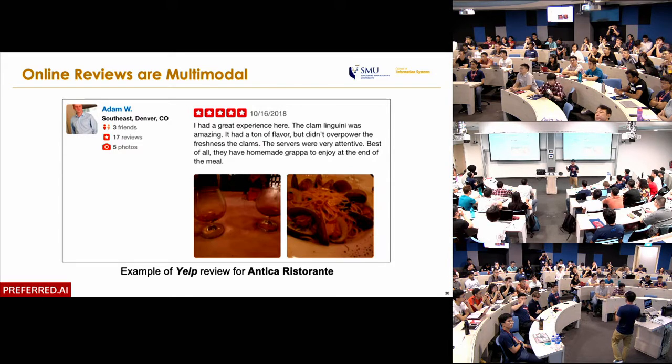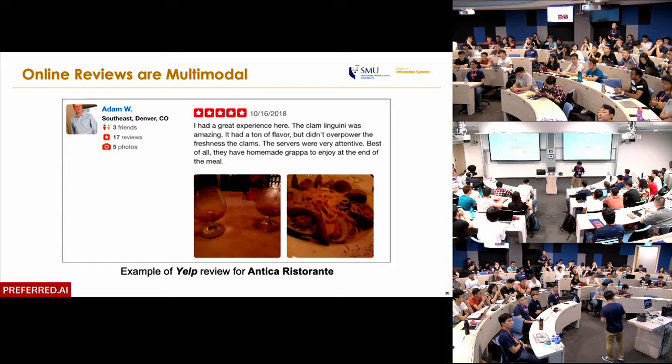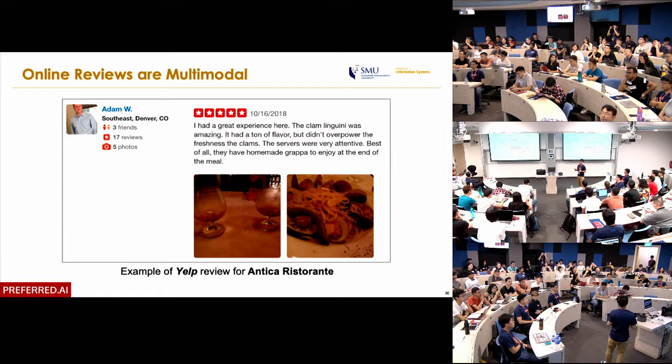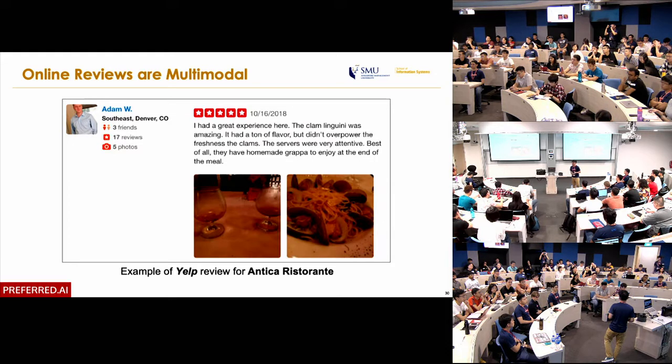So the user writes review text to review items, and in addition to that, they also provide review images, thanks to smartphones. So nowadays, everyone has a smartphone. This kind of interaction is rich. We have a lot of information here, and inside the text actually reveals a lot of preferences of the user towards the items. So we want to make use of this sort of information to know the users better,